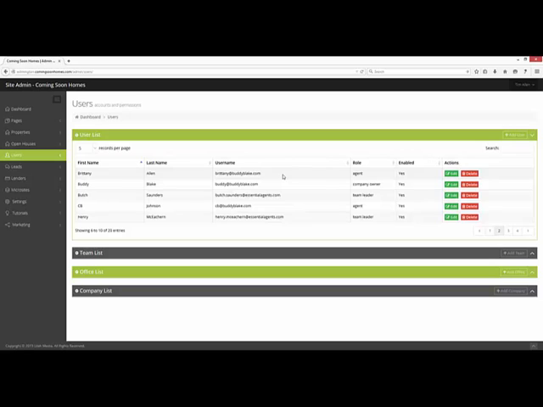So again, company owner level or admin level is basically the same. They can add listings for everyone, and they can change pretty much anything in the system, logins, passwords, and such. And then it breaks down to the team leader level, and then it breaks down to the agent level. So I'm hoping that helps set people straight a little bit. Alright, so let's